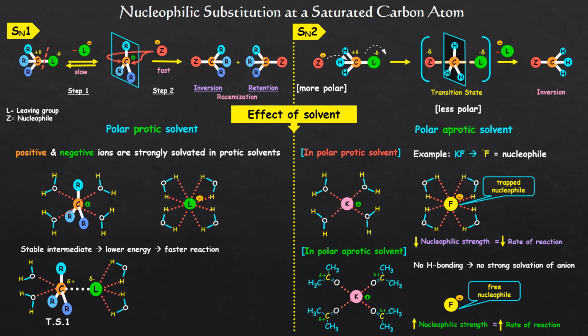Now, once again look at the SN1 mechanism, the second step. Here also a nucleophile is involved, so you might be thinking that this nucleophile can also be solvated by the protic solvent. Yes, it does solvate the nucleophile and it does decrease the nucleophilicity. But as we know, the rate of the SN1 reaction does not depend on the nucleophile, so it will not make any impact on the rate of the reaction. And as we have seen earlier, a weak nucleophile is sufficient to carry out the SN1 reaction because it just has to attack a ready-made carbocation. So now it is clear that by changing the solvent, we can change the path of the substitution reaction.